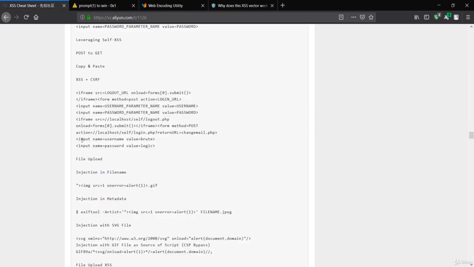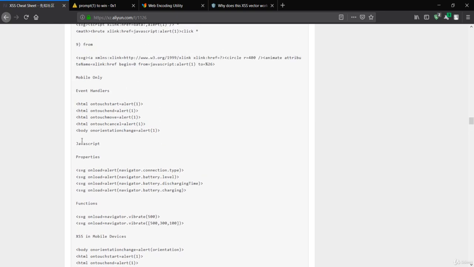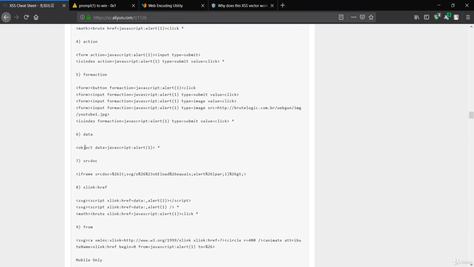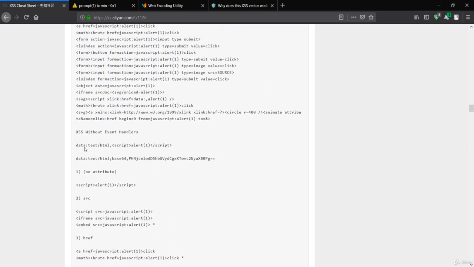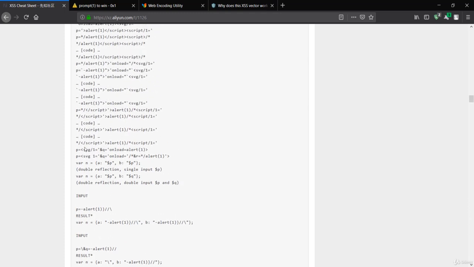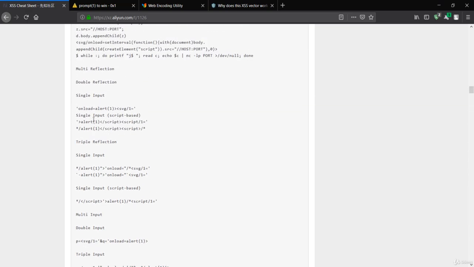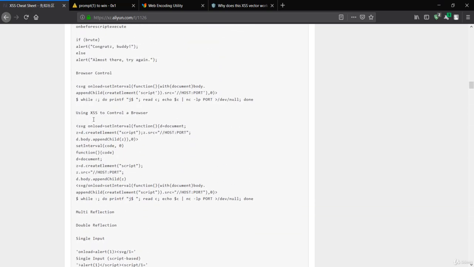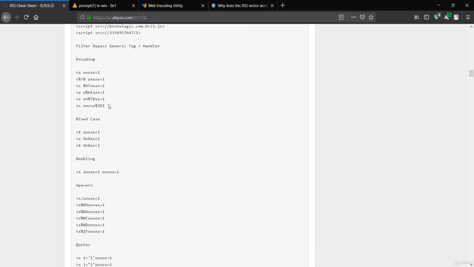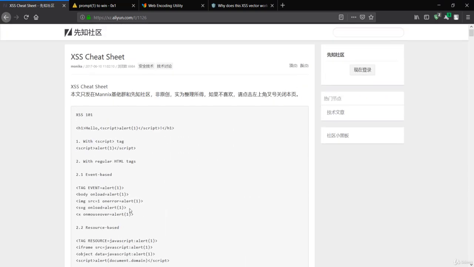You can go to this cheat sheet and see that we have something that is SVG, and it should be the onload method. Onload is basically the event which will be triggered when all the objects are loaded. We can go at the top over here to look for the SVG, and you can see this method right over here.